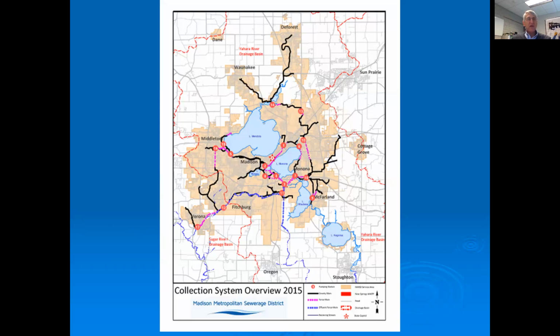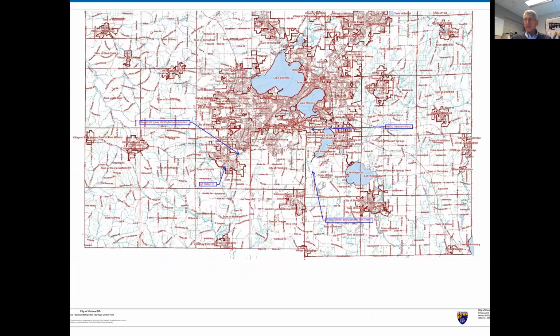mainline system. So they serve many more areas than just Madison. Here we are in Verona. The Madison Met Treatment Plant is way over here, and I'll show you another map in just a minute. But these are just the main trunks. All of the cities have their own collection systems. So here is a map just to give you the sense of where Verona is and where the MMSD